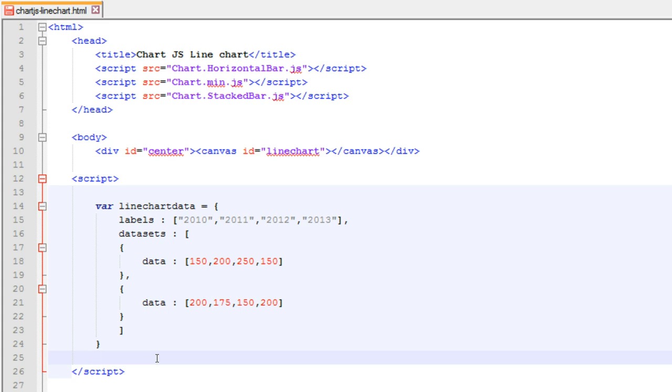So now you have this part, and now we also assigned the data sets. So now we will have to put in additional coding that will connect the JavaScript command with the canvas. We will do that in the next